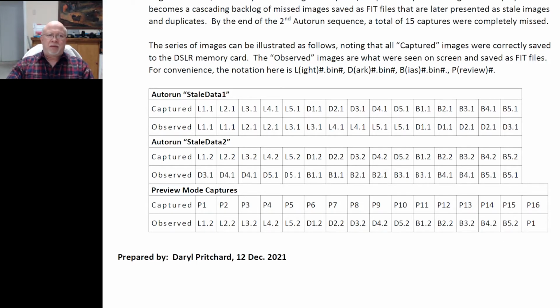And what I'm showing here in this table, I've got one row labeled captured. That is what I actually captured to the camera card, my D850. And then the second row below it is what I observed on the screen of the tablet. So in our first auto run sequence, we captured